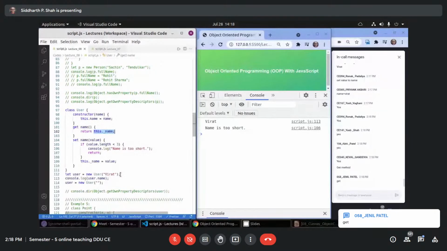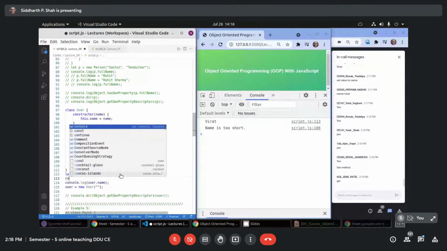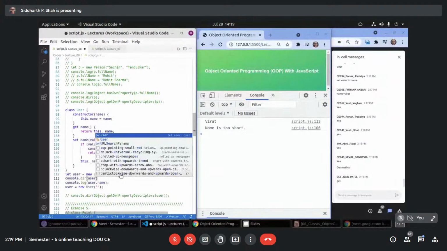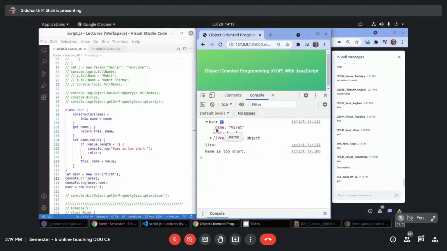If you want to see that, we can print it here. So you can see the user has _name equal to Virat, and name is a calculated property because of the getter and setter.